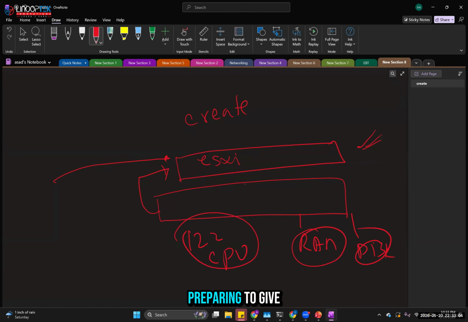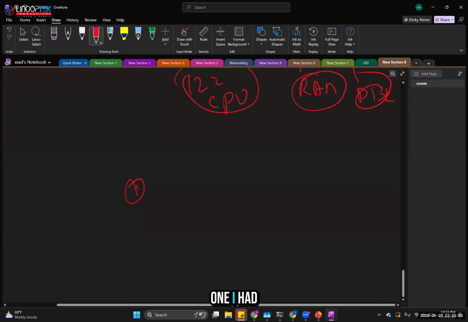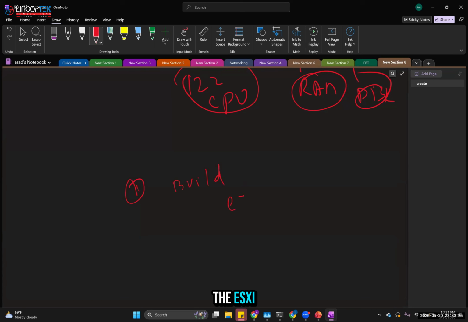Actually, I was preparing to give you guys access to this live ESXi server, and I wanted you to create the virtual machines by yourselves. So two things happened overnight. One, I had to build the ESXi from scratch. This takes a long time, and I got it up and running at 4 a.m. Second thing is,